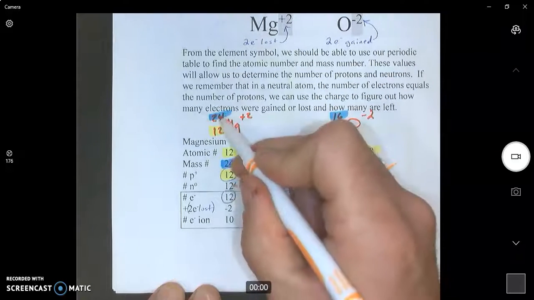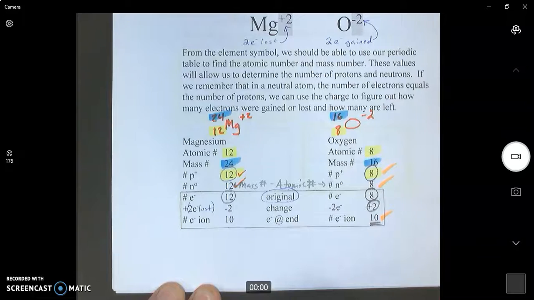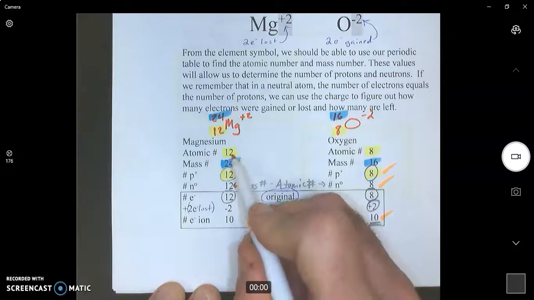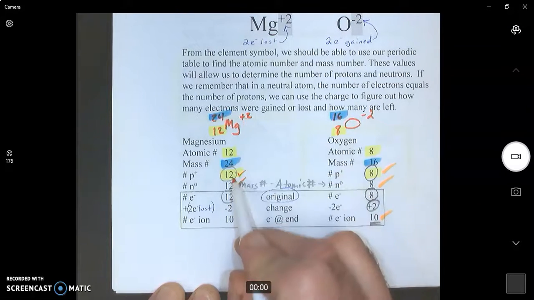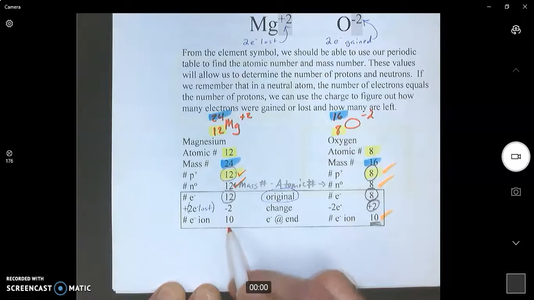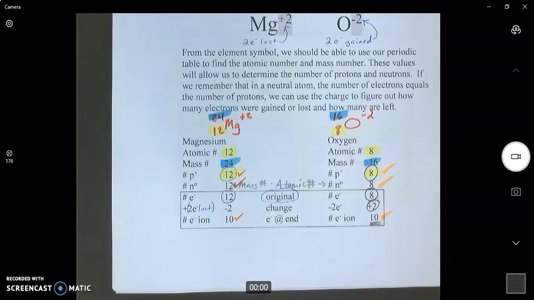We take the mass number minus the atomic number to find neutrons. We take the number of protons; +2 means we lost 2. Protons minus 2 is 10 electrons. So if I were to ask you